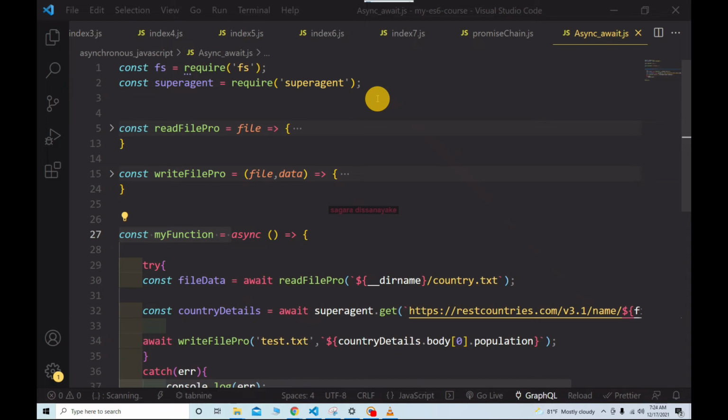In the previous video I discussed how to chain the promises one after the other. Okay, that was good, but if you use async and await, it will be much simpler than that. Okay, now